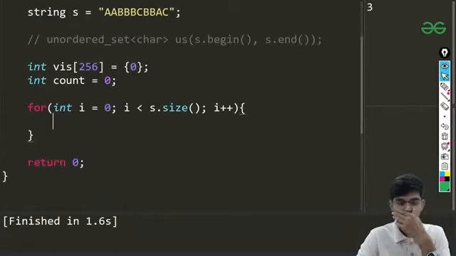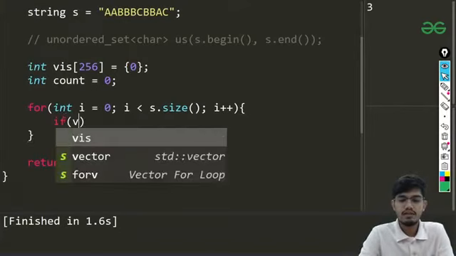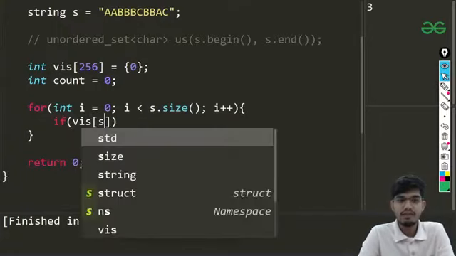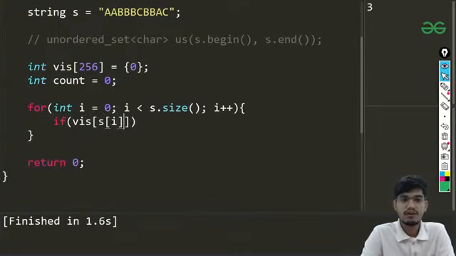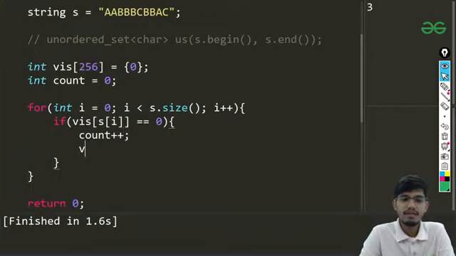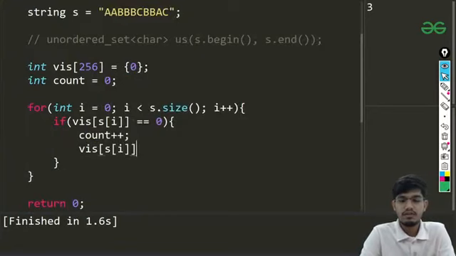And now what I'm going to do, I'm just going to check whether, for s of I, if my visited array at the index of the ASCII value of that character is already equal to 0. So in that case, I'll be just incrementing my count variable, and I'll be marking that as visited, so that I don't come again and again on the same index.